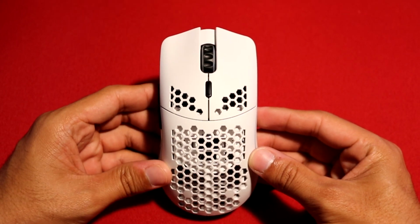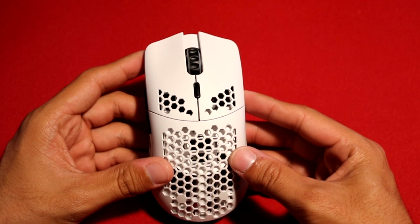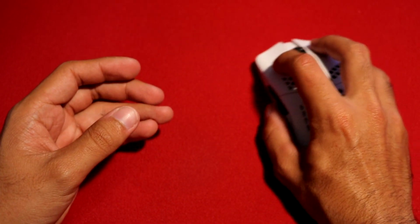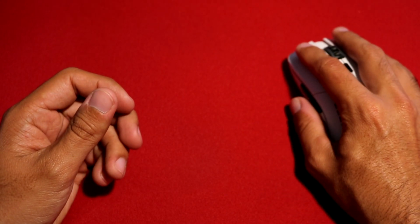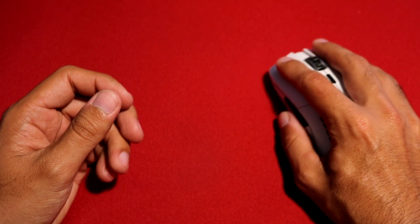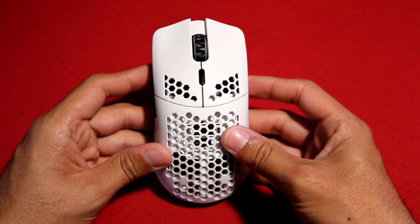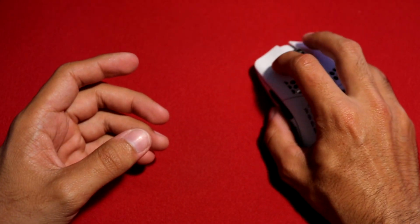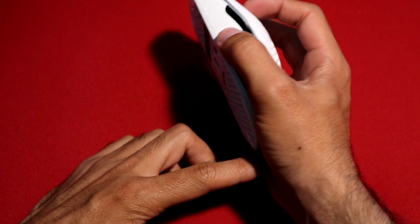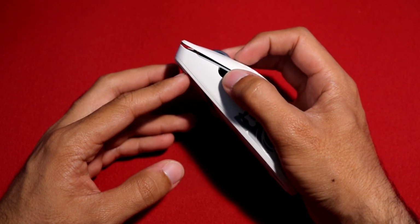So first off, let's see how this mouse was for my hand size. Normally I use claw grip with every single mouse that I use, and I was of course using claw grip when using this mouse as well. But I'm also able to comfortably palm this mouse and fingertip as well. At my hand size, every single one of those grip styles is a good option, but I would just note that when using claw, since the base of my palm is kind of sitting back, I somewhat struggle pressing down